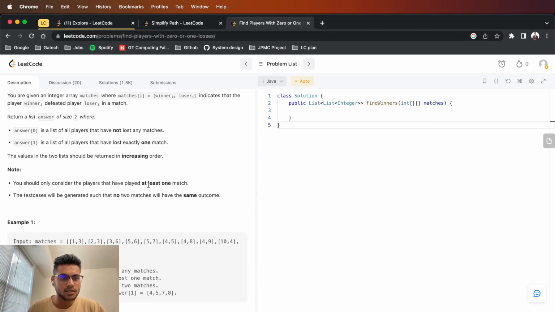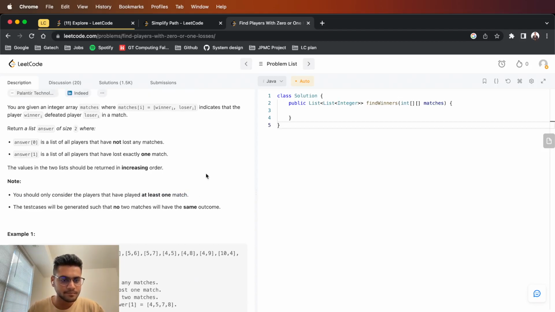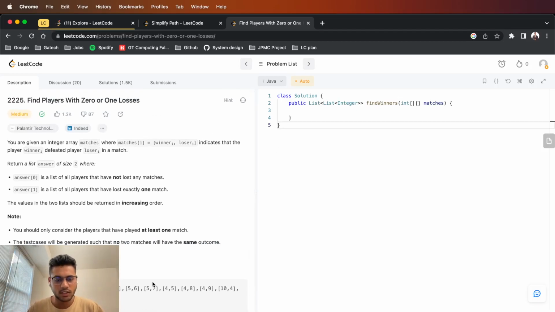You should only consider players that have played at least one match. Okay, so we are not supposed to consider players who have not played even one match. Okay, that's fine. The test cases will be generated such that no two matches will have the same outcome. Okay, so basically, we are just supposed to keep track of the number of losses for each of the